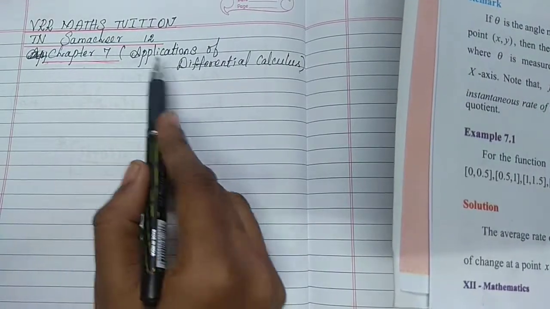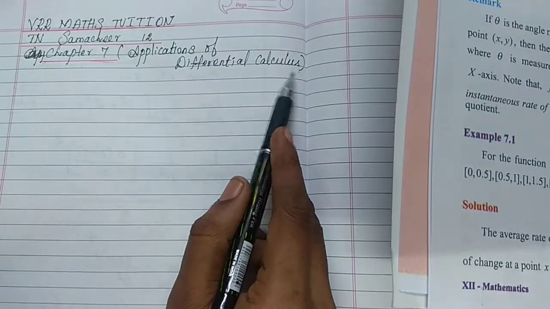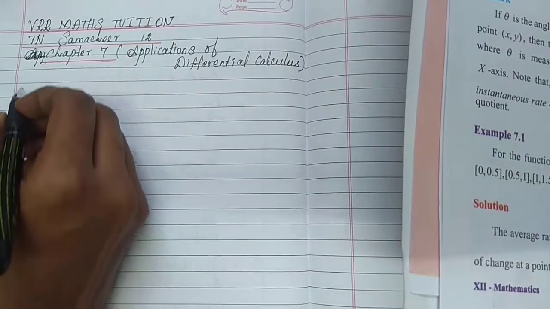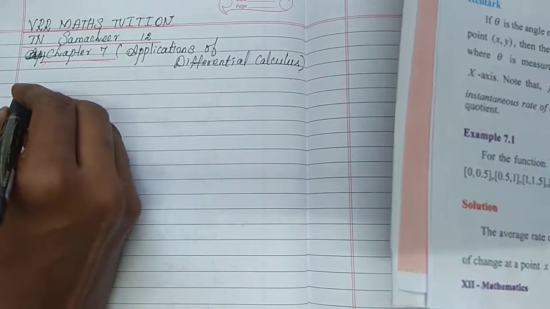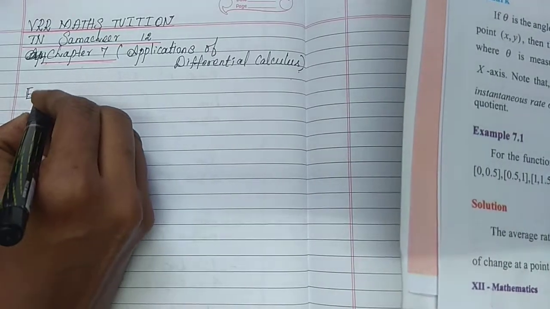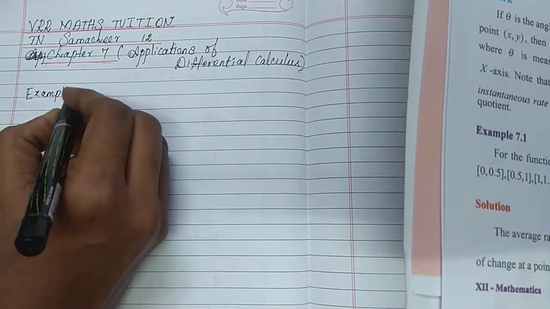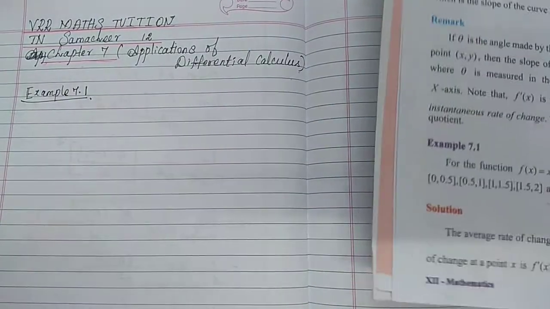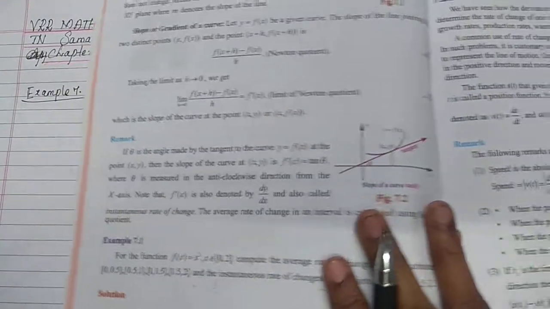Chapter 7: Applications of Differential Calculus. Example 7.1. Example 7.1. The question is,